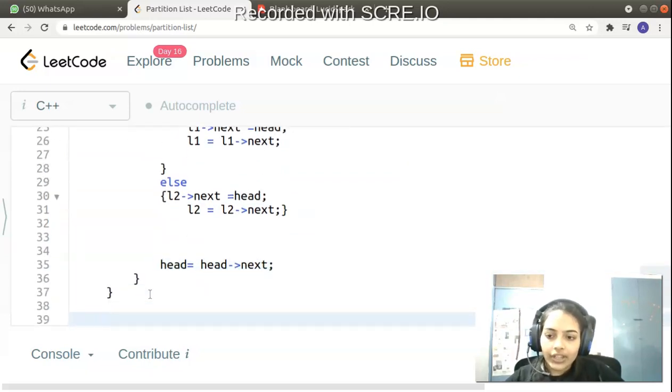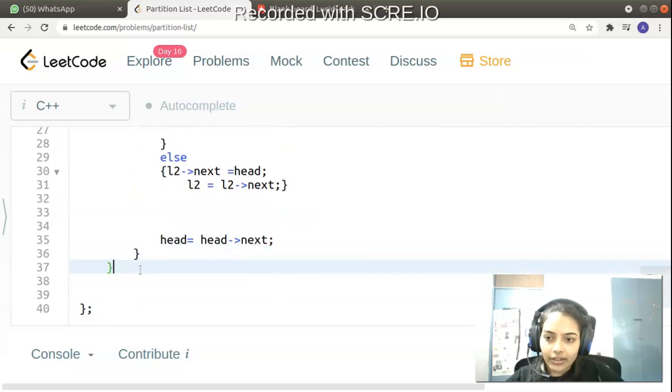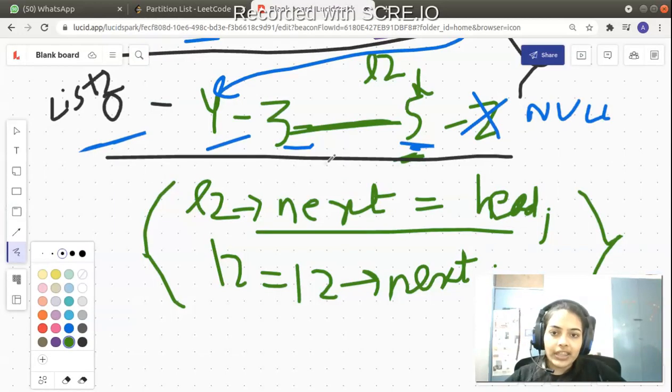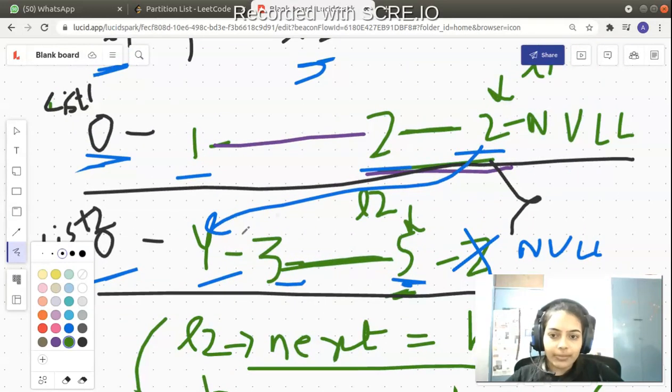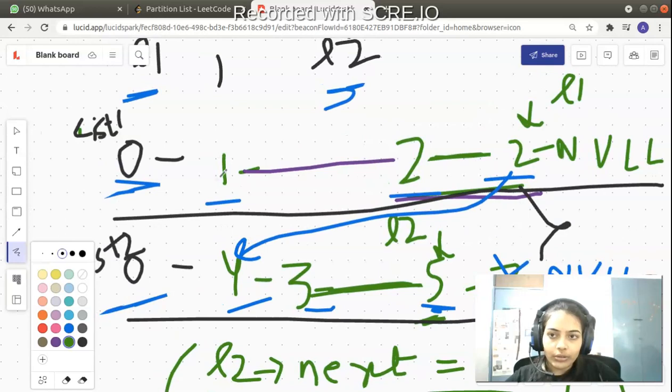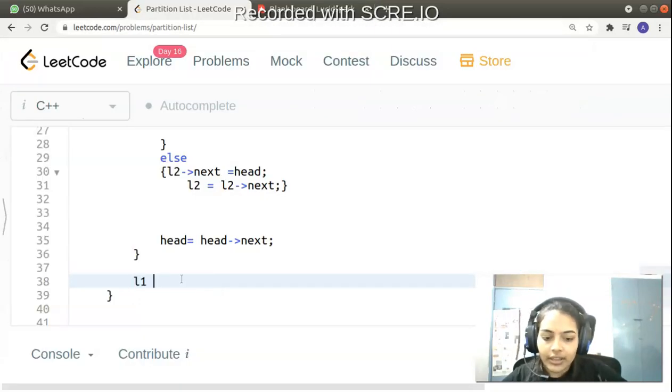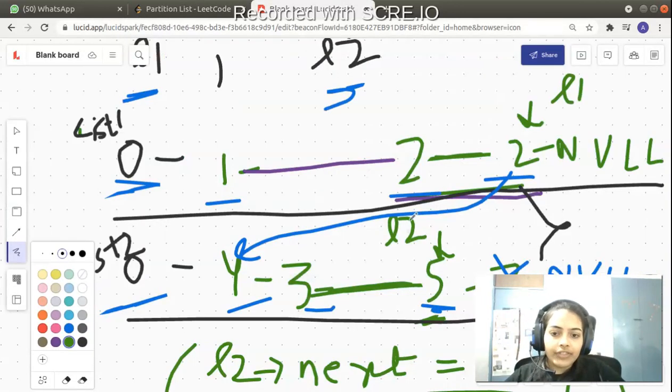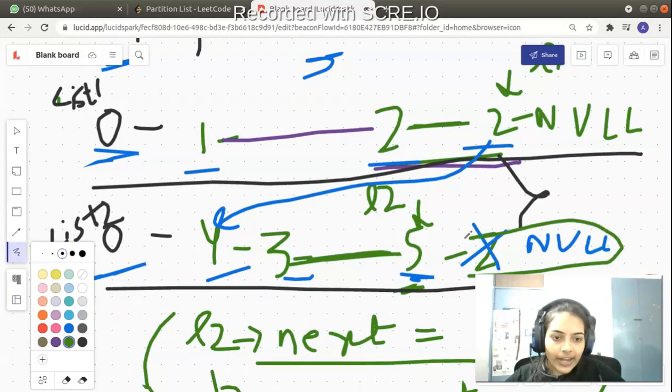After it has exited this iteration, once head has become null, we have to give the attachment first. So L1's next should be equal to list 2's next. Once we have given this attachment, after this we have to make the final node null.